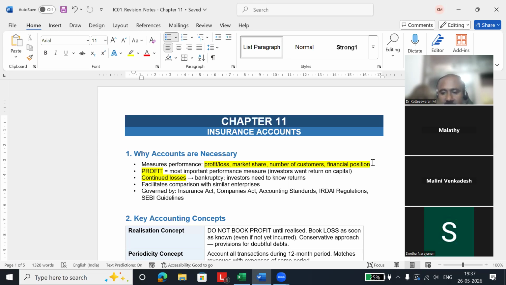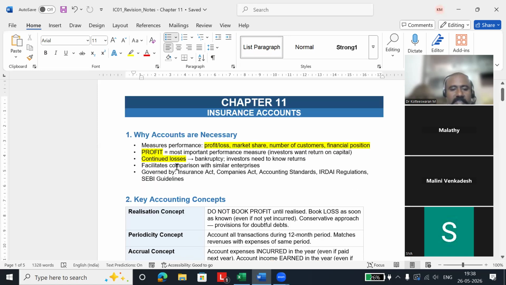And at the end of the financial year, it will show whether we are in a good position of profitability or we are in a loss. So basically in this chapter, we are going to see how we are going to do the accounting. There are premiums coming in, there are investment returns coming in, there are claims that we are paying out. What are the things we are going to add as income? What are the things we are going to reduce as a loss? And how are we going to account the investment income? Everything we are going to see in this chapter.